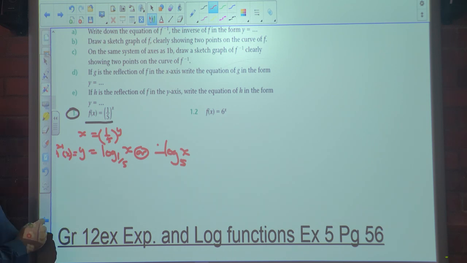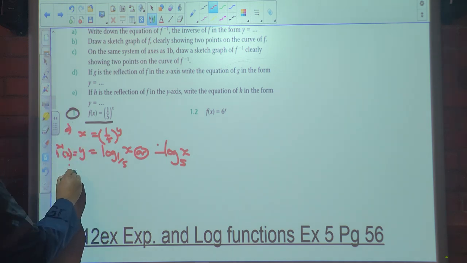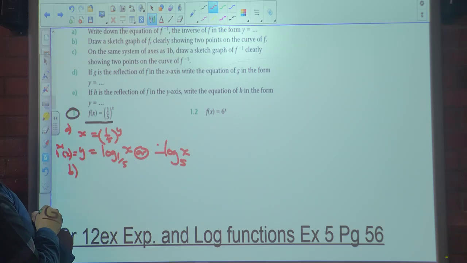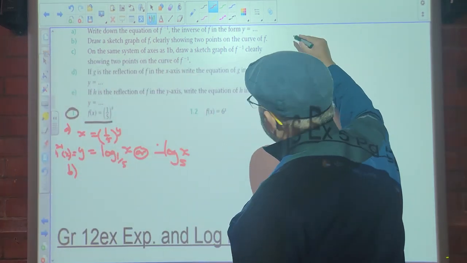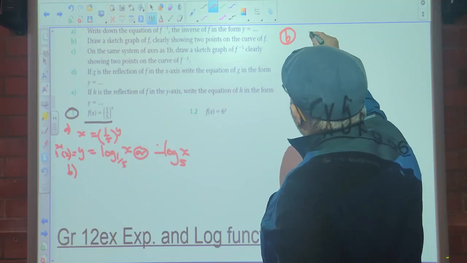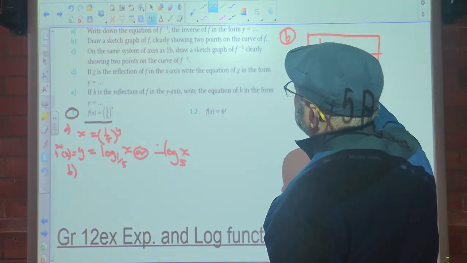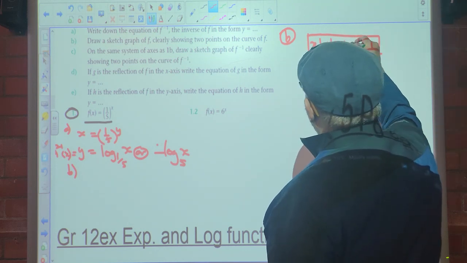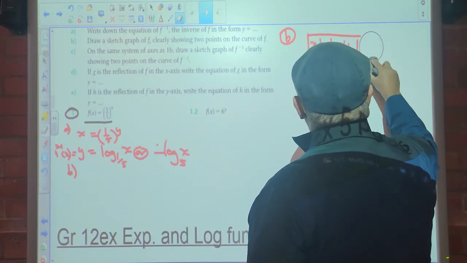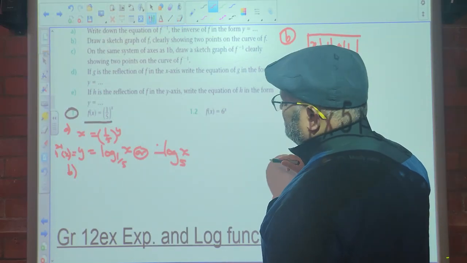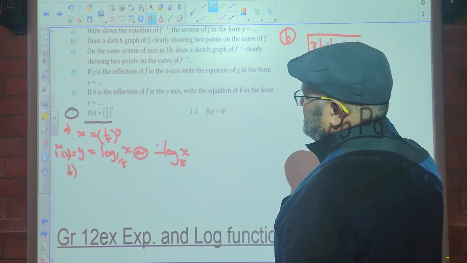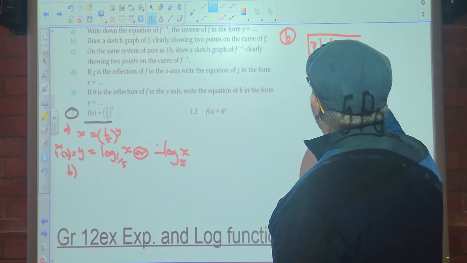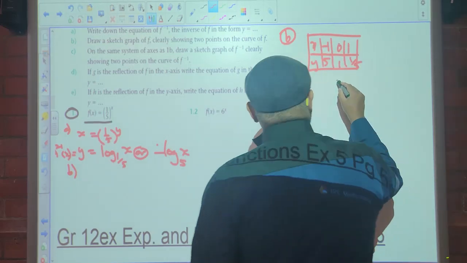Okay, that is A. The B part of the question says, draw the sketch of f clearly showing 2 points on the curve of f. So we draw the table. So the f of x graph is x and y. Sorry, minus 1, 0 and 1. So minus 1 gives an answer of 5, 0 gives 1, and 1 gives 1 over 5. So if I draw this graph,